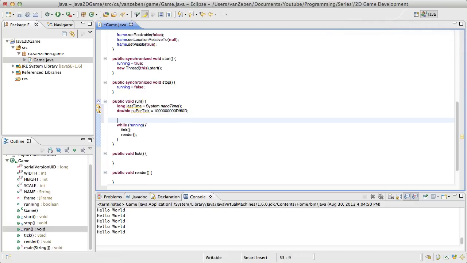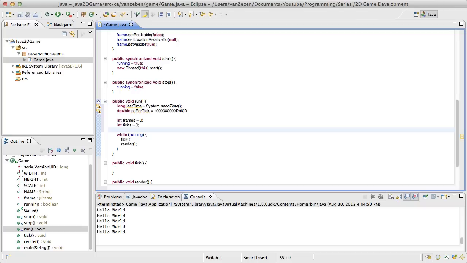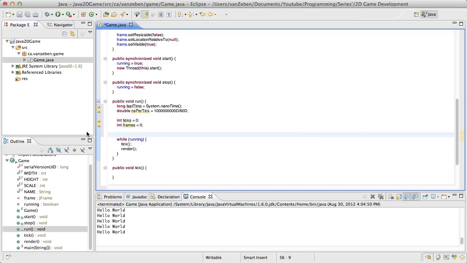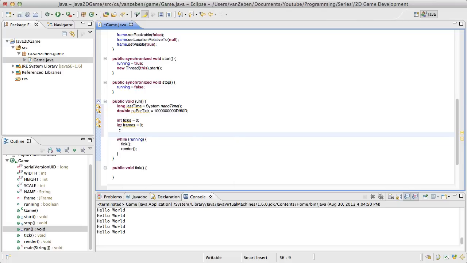Next, we're going to have a variable for the frames, so the current FPS. So we're going to have int frames equals 0. We're also going to have an int ticks equals 0 for how many updates, and we'll put the updates above the ticks. We're also going to need a last timer, so a time to reset the data. We don't want to just keep updating these ticks and these frames. We only want to do it once a second, because we want to find FPS, which is frames per second, or UPS, which is updates per second, which is ticks. So we want to have when that second has occurred. So we're going to call it lastTimer